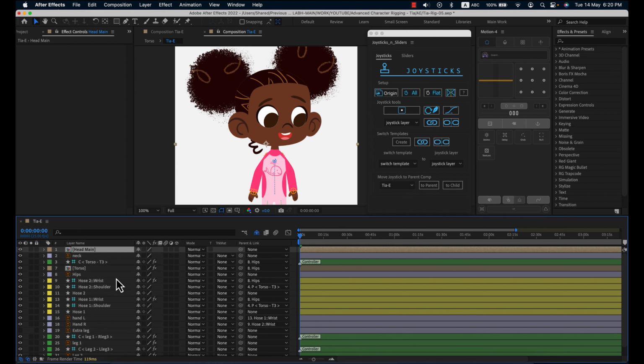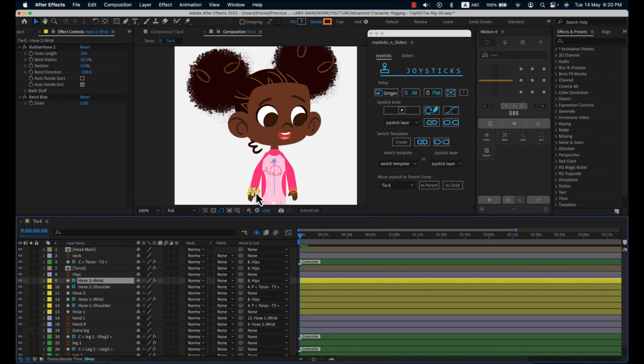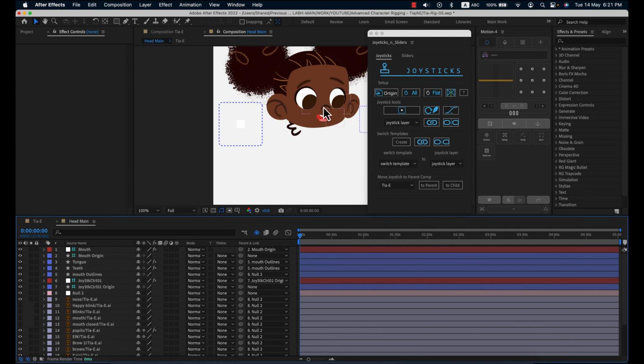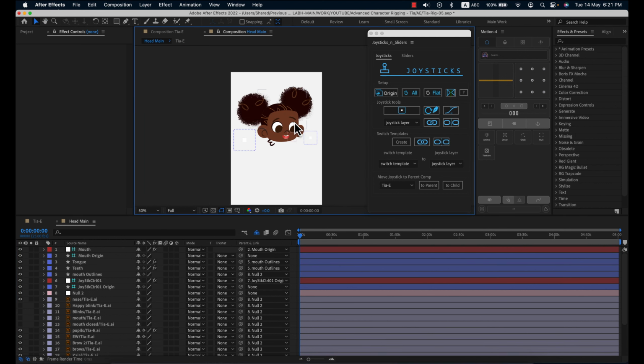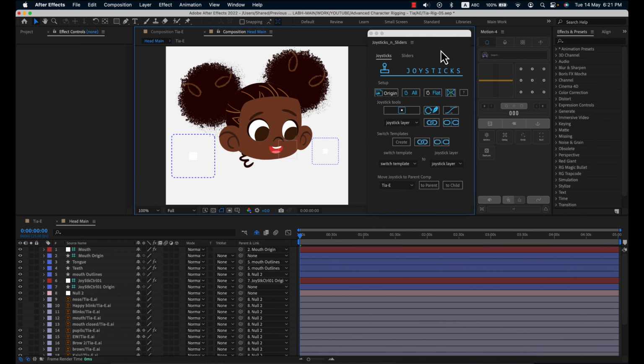So already we have sorted a lot of layers inside one group, one pre-comp, which will be easier to use. But you'll be wondering how the controllers have gone inside the pre-comp and now we will not be able to manipulate them right from here. Just like we do for the wrist, to set any pose we will have to go inside the head group, but that is not the case. Joysticks and sliders have a feature that these controls can be exported to the main comp,